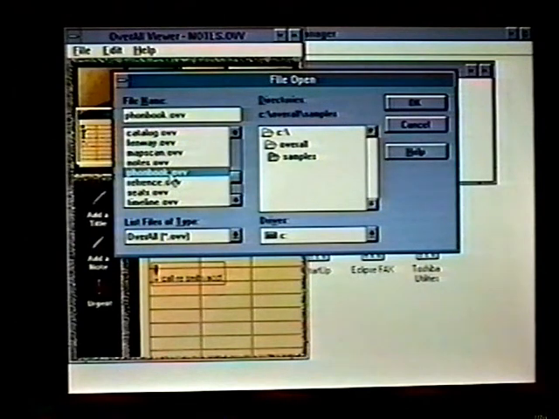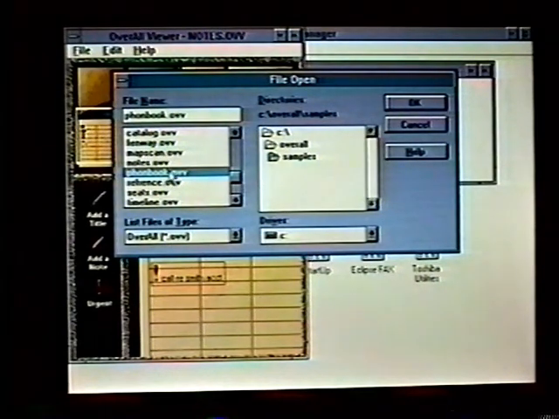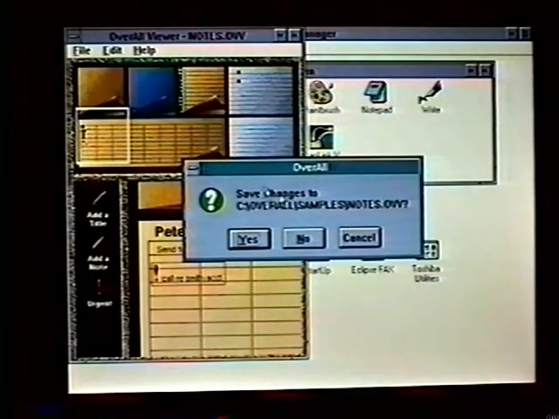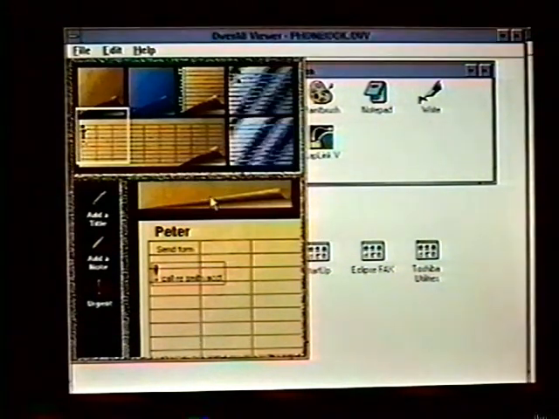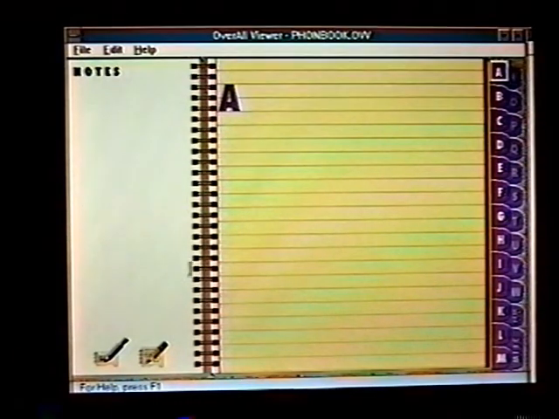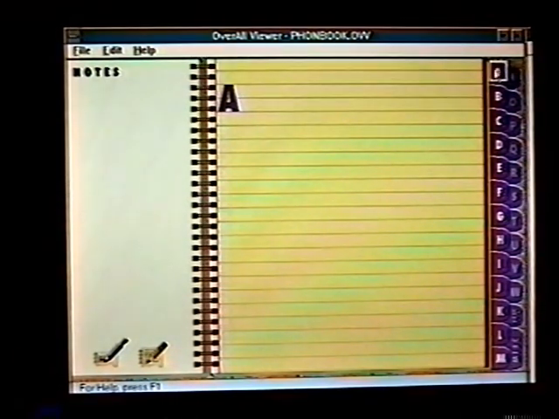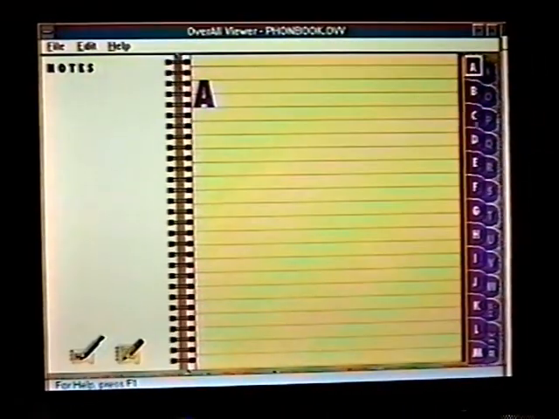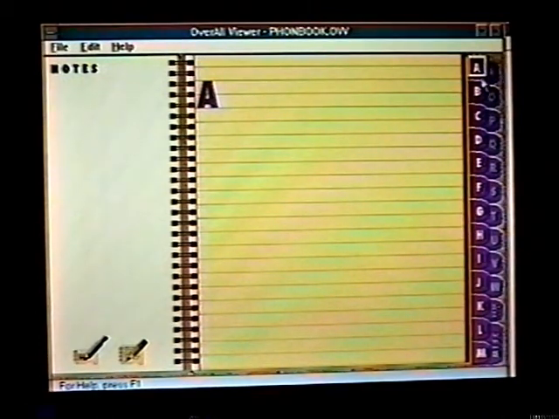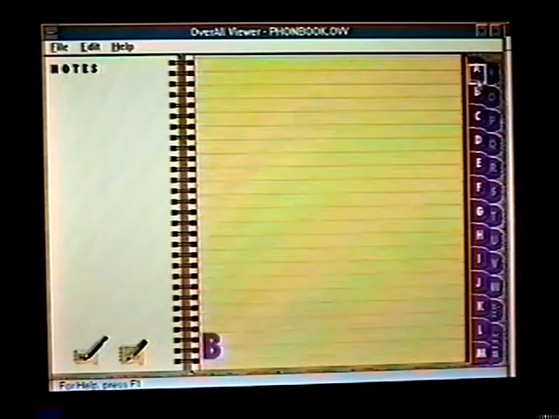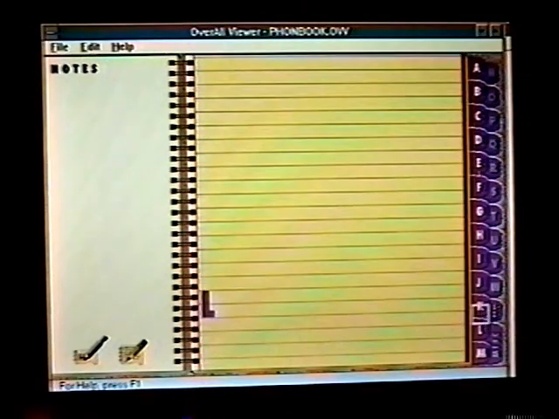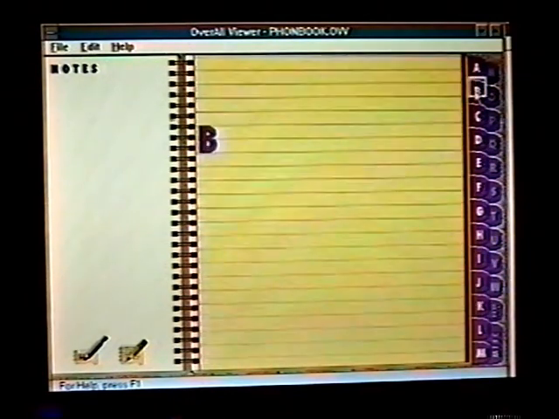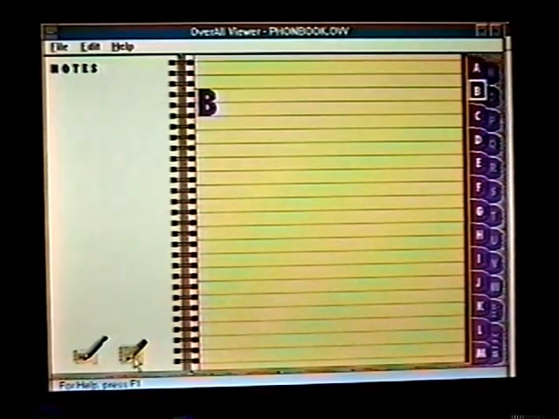Phone book. Another generic application. Here we have a phone book organized a little differently than you may have seen before. A, B, C, but really ends next to O and next to A and B. But I click here and I can go anywhere through it, get to any part of it. So here's B, and